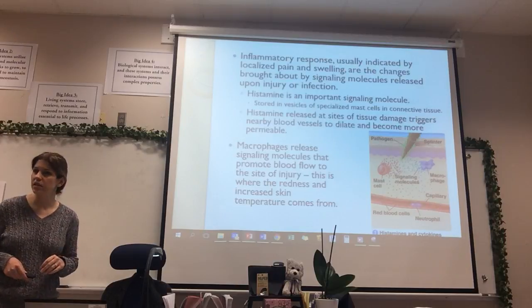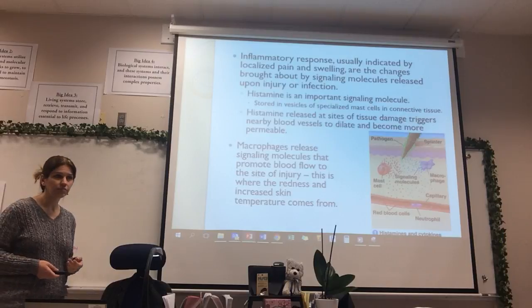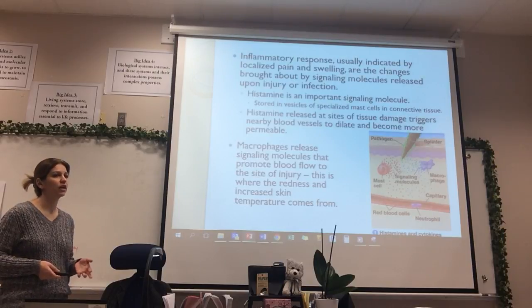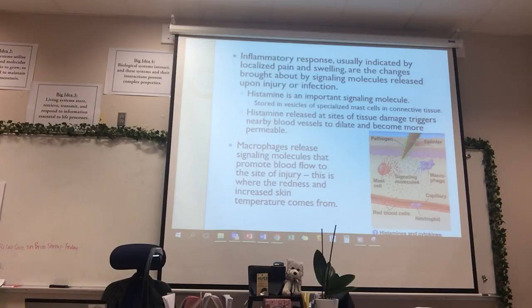You guys heard of antihistamines? Yeah, you take those during allergy season. It turns out allergies are an exaggerated immune response caused by too much histamine. So you take an antihistamine to counteract the histamine that's making you sneeze and whatnot. So what is a histamine? Histamine has a very important role in your body. What histamine does is it recruits helpers in innate defense. It's a signaling molecule that's stored in vesicles of your connective tissue.